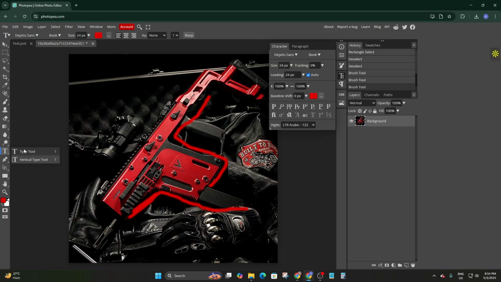And this is for text, where you can add some text here, and this is the pen icon here, where you can use the pen to select like this. The pen tool, this is a very attractive thing actually. So that's how you can select the object here. So that's pretty much all about